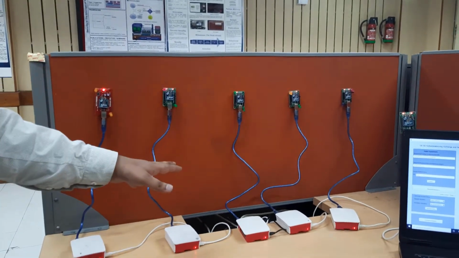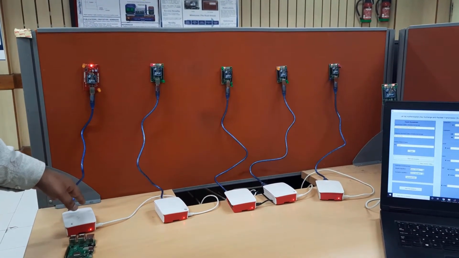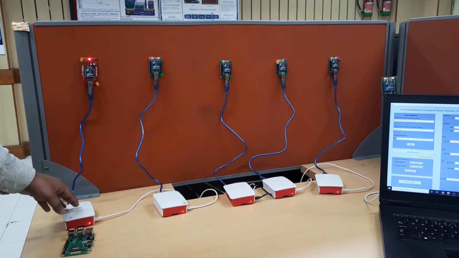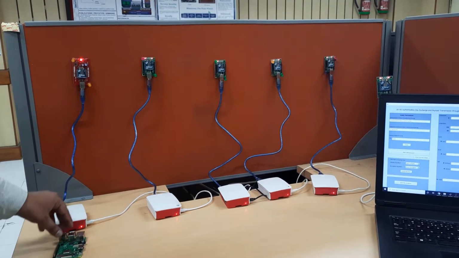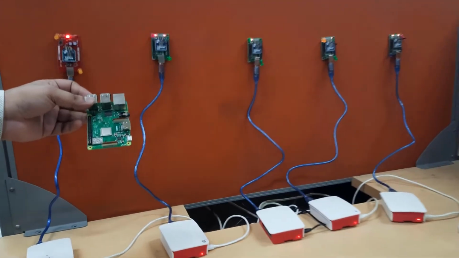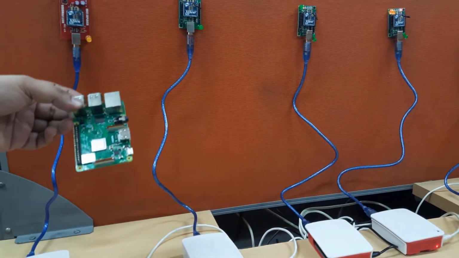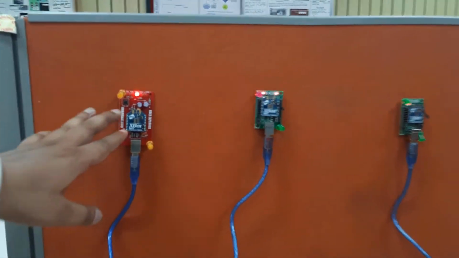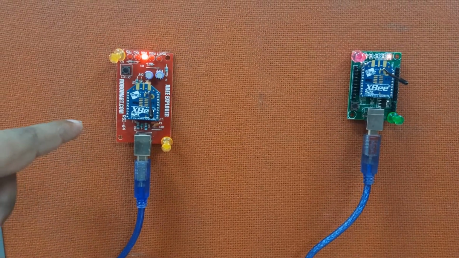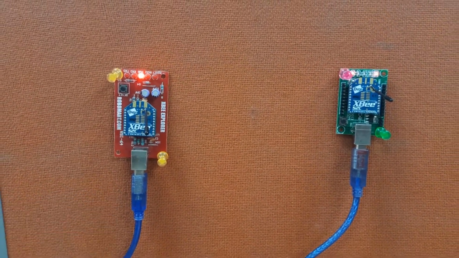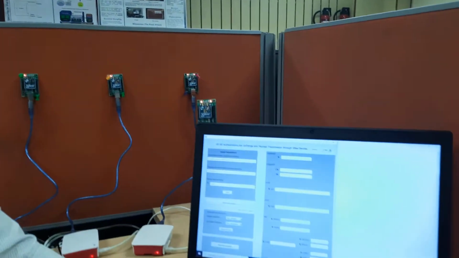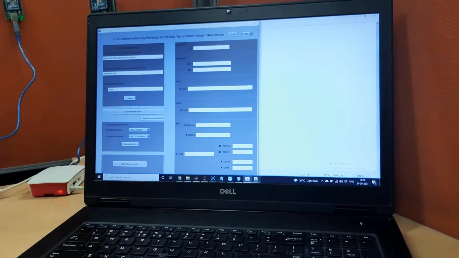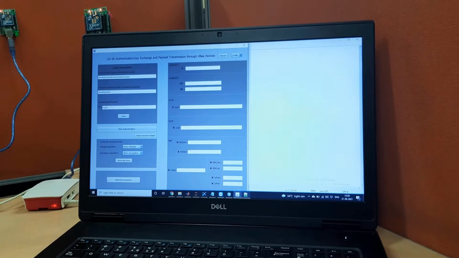These are our 5 devices which are UEs, or they can be assumed as vehicles in a 5G network. These UEs have a microprocessor. We are using the Raspberry Pi B version as the microprocessor, and these Raspberry Pis are connected with the radio modules. Here the radio modules are also XBee devices manufactured by Digi International, and this is one of the UEs with a screen for illustration purposes, so that we can know what is happening in the UE node.